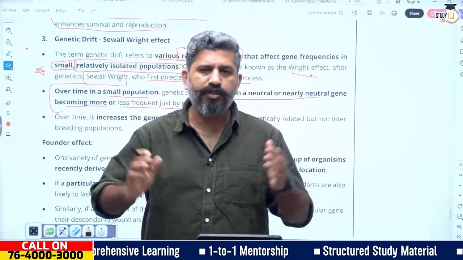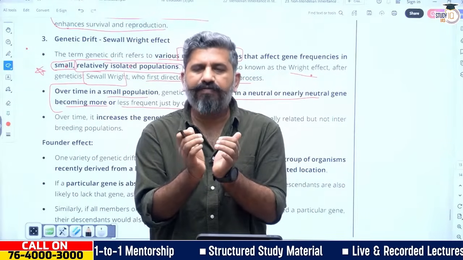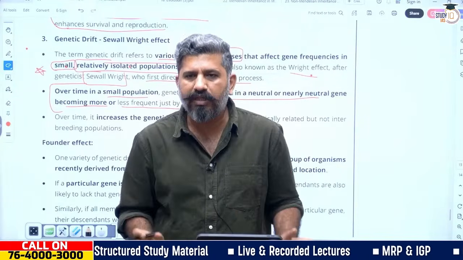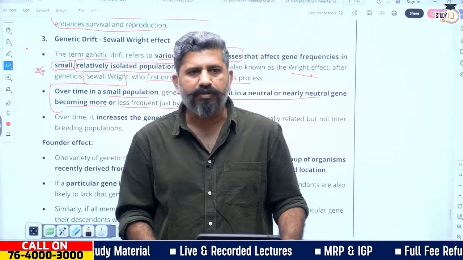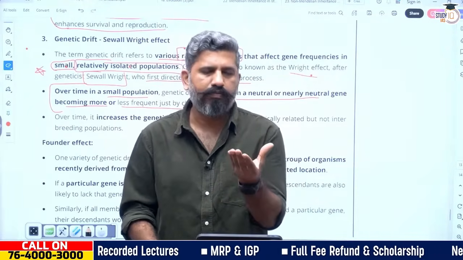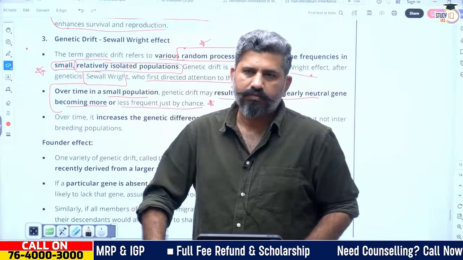Why? Because if the population is huge, even if a variant is smaller in proportion, its absolute numbers will be much higher, because they are not competing with each other. So chances of the survival of that particular variant will be far more. Statistically,